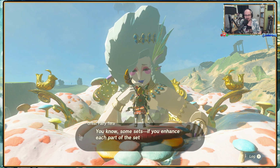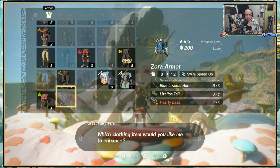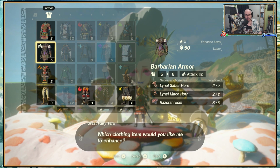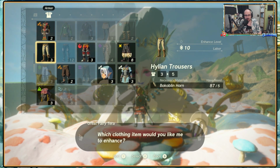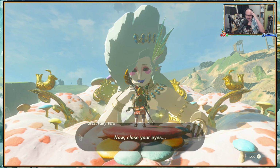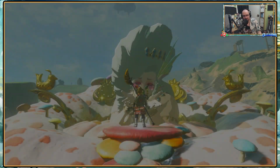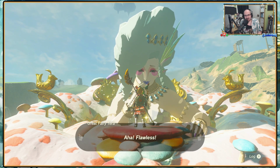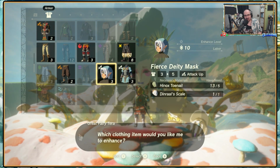In terms of defensive value anyway. Can't upgrade that anymore. I mean, the only other thing I'd want to really upgrade at this point is... I could do the minor trousers, obviously. But I'd want to do this to just get it up a little bit, because climbing gear is nice. And sometimes it's nice to just have it on because you're climbing around the place. Of course, I'm saying that in a world that Ascend exists, so...